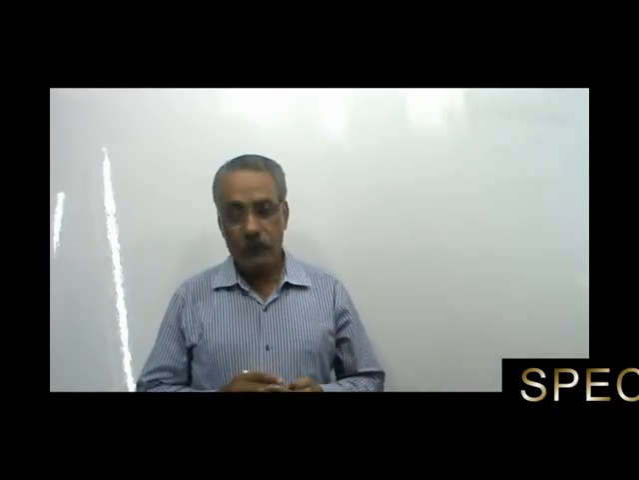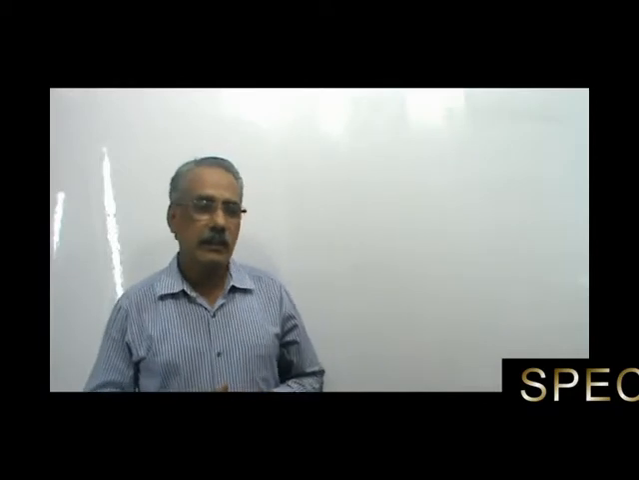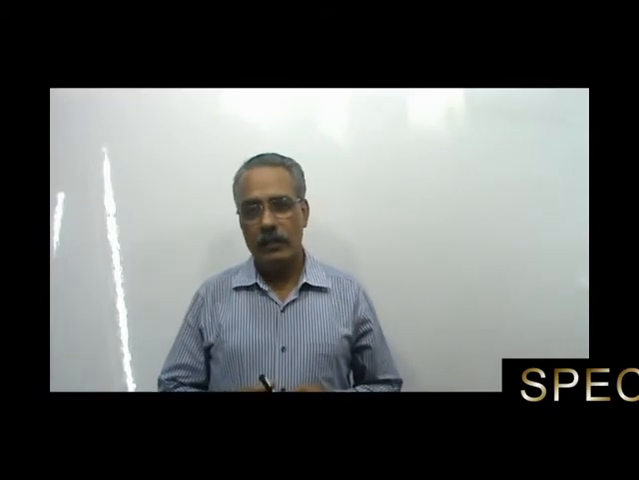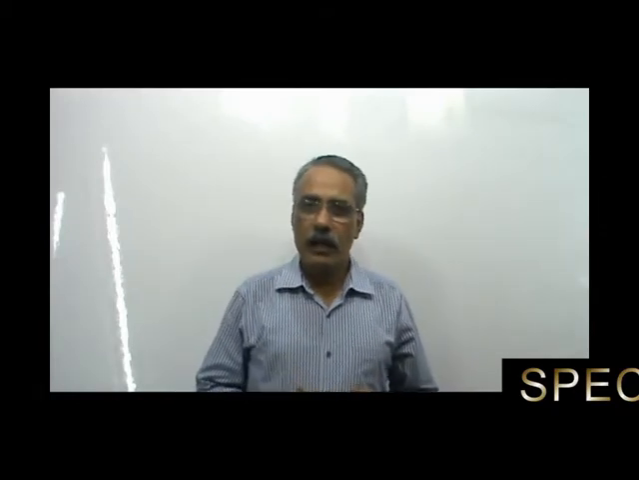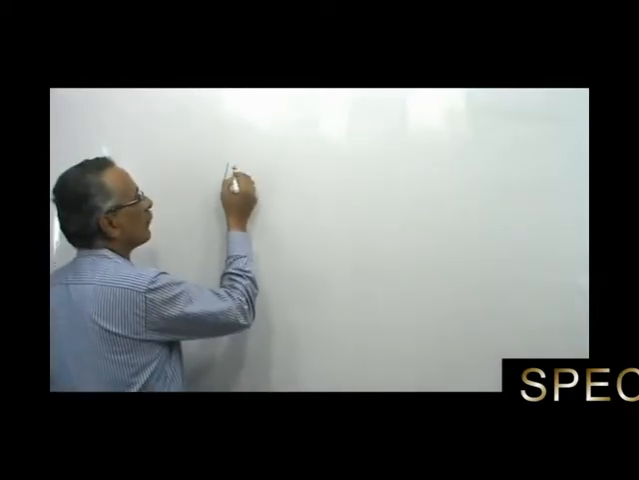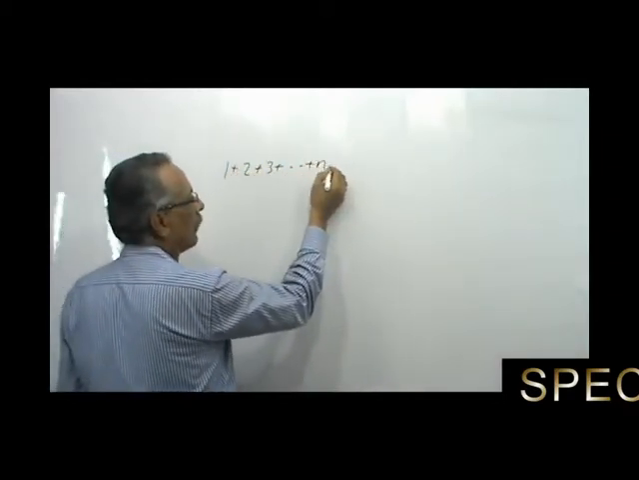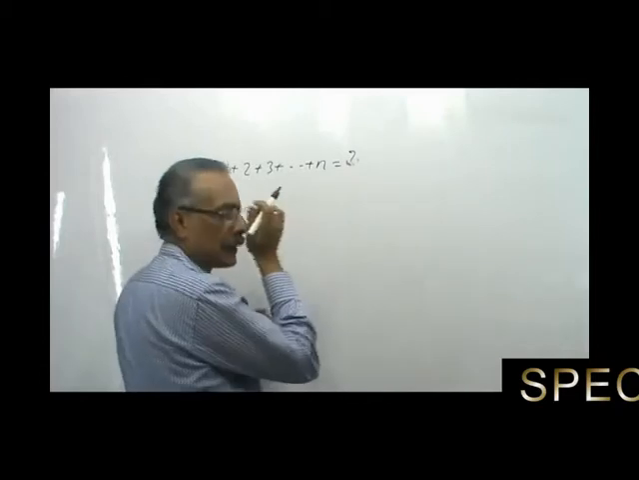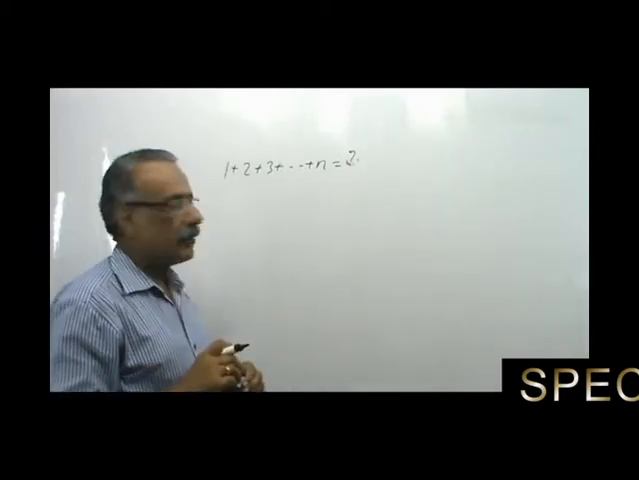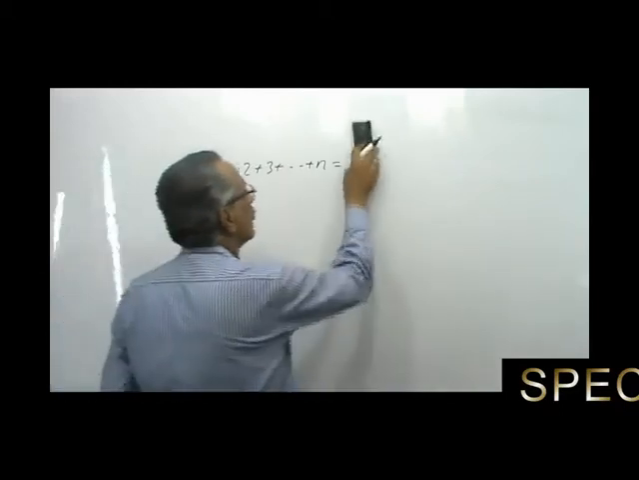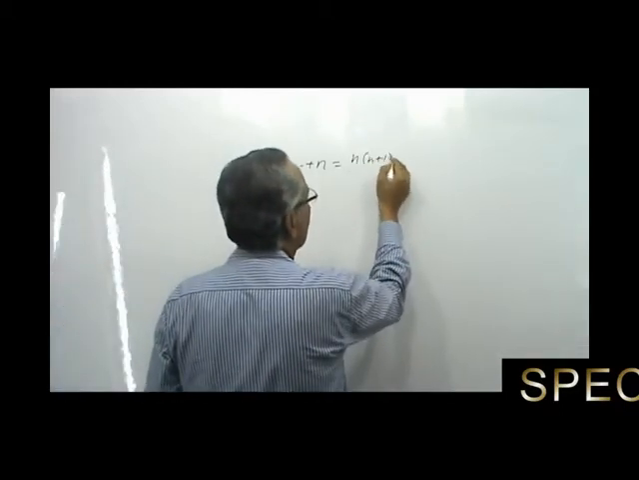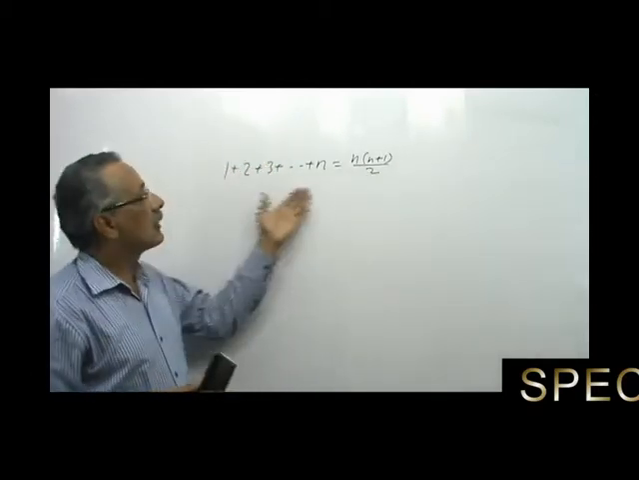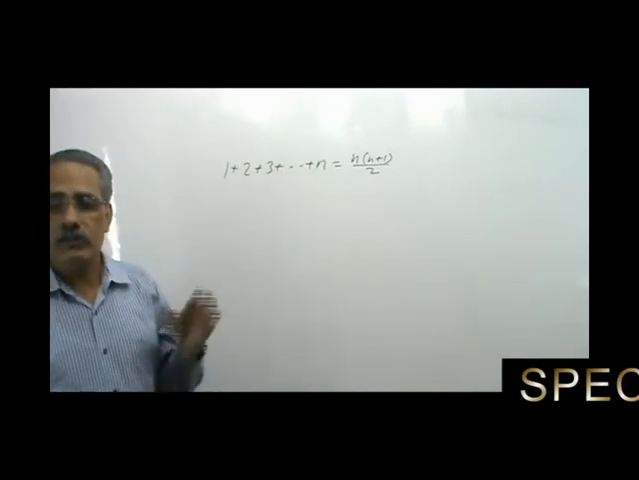For example, we know that the sum of the first n natural numbers is n into n plus 1 by 2. That is, 1 plus 2 plus 3 plus up to n is equal to n into n plus 1 by 2. Now suppose we ask what is the value of 1 plus 2 plus 3 plus etc. up to n. This answer cannot be obtained by mathematical induction. But if you know that this is equal to n into n plus 1 by 2, mathematical induction will be able to tell whether this result is true or false,